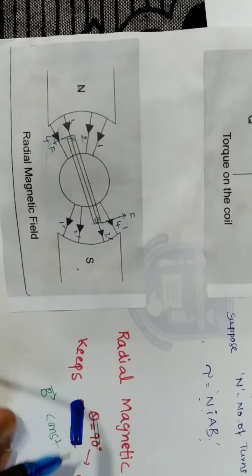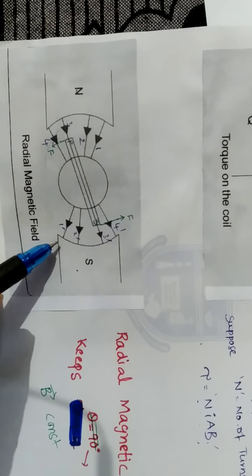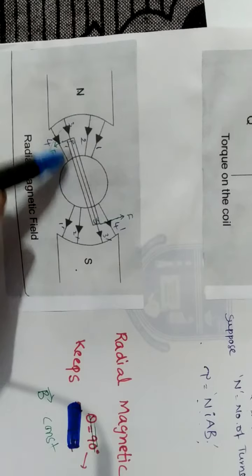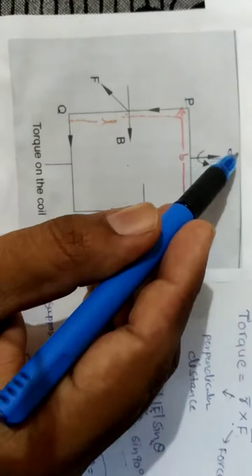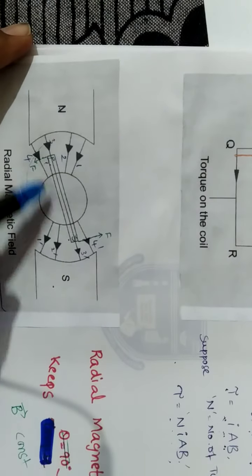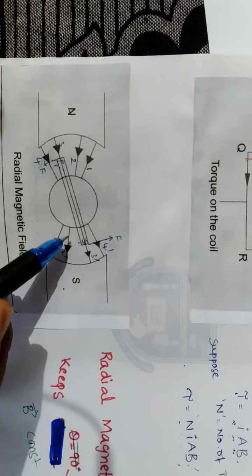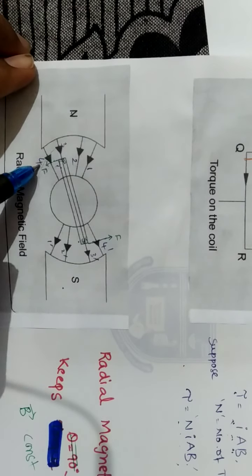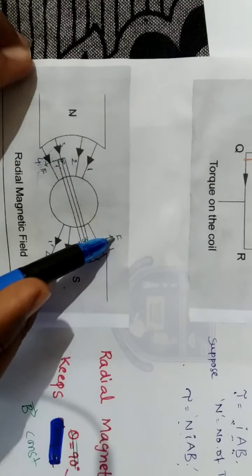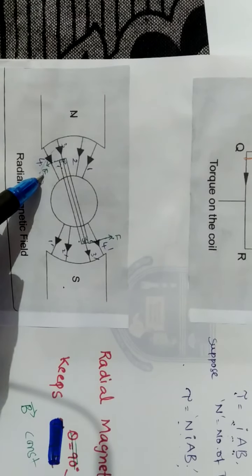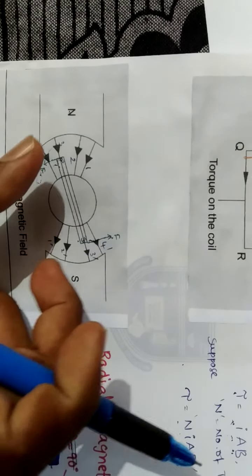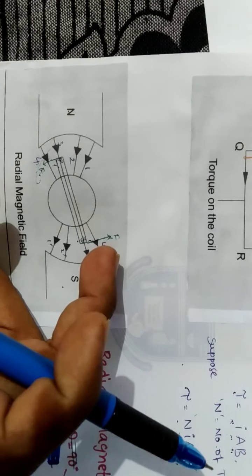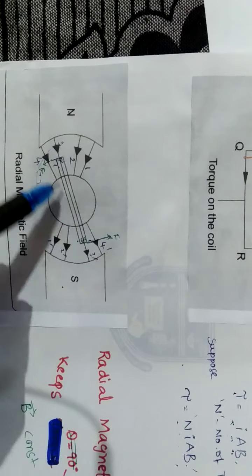So when you have such a radial magnetic field, our coil, we are viewing the coil from the top side. Okay, so you're viewing from the top. What you can see is only P and S, so I named them P and S. We already know only two forces are acting. One force is like this, another force is like this. I indicated them with ink, force 1, force 2. Now when such a force acts, the coil rotates, it turns, right? So it turns. Let us say the coil has turned.